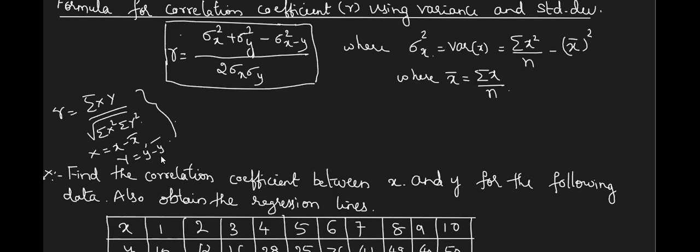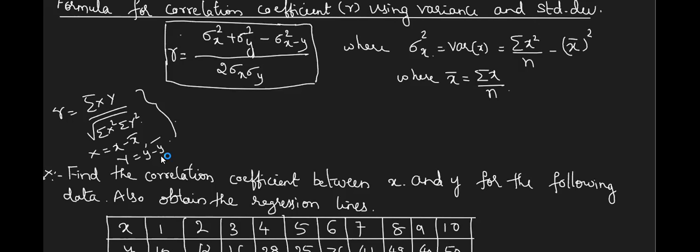This will help you only to get the correlation coefficient. To obtain the regression lines, you have to follow a very lengthy procedure. I'm not saying this formula is wrong, but applying it to get regression lines becomes tedious work. For that, we have another formula for R, which helps us get the correlation coefficient and also obtain regression lines very easily, with no extra calculations. The formula is equally important, and you need to remember it correctly.